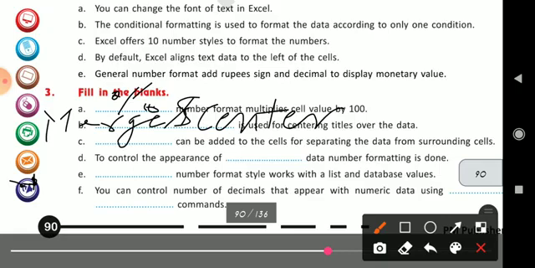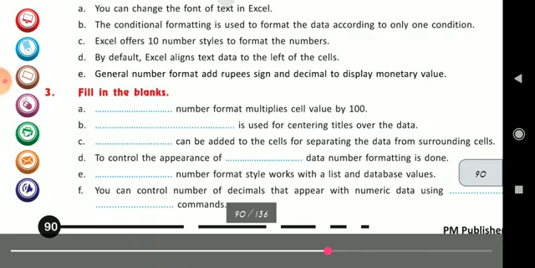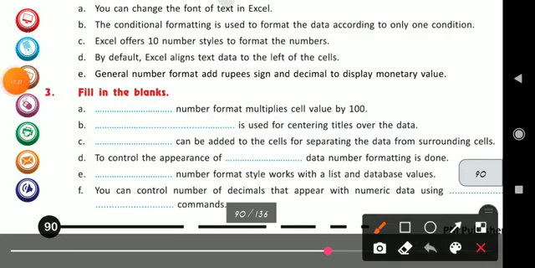Third, dash can be added to the cells for separating the data from surrounding cells. Very easy. Border can be added to the cells for separating the data from surrounding cells because border is used to separate the cells. So here the answer will be border. Okay, border.